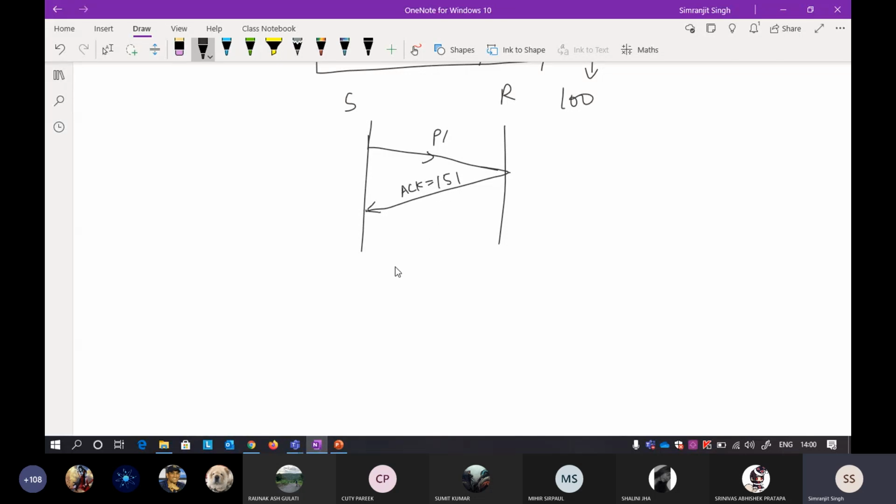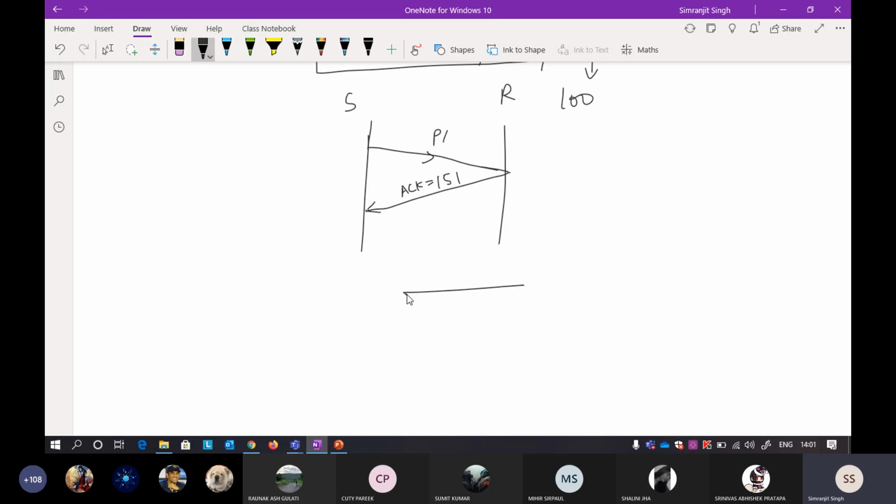How are you able to send the acknowledgement as 151? There is no acknowledgement number in the header that you receive, but you have to put 151 in the header, and we do not know the sequence number of the last bit. If we knew it, we could just add 1, get the acknowledgement, put it in the header and send it back. If we had a total length field we could easily figure it out, but there is no total length field in TCP. So how are we able to figure it out?